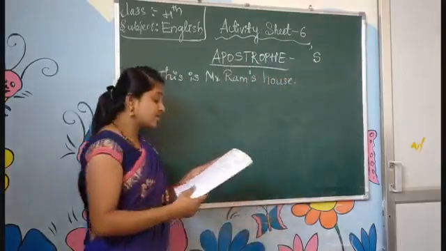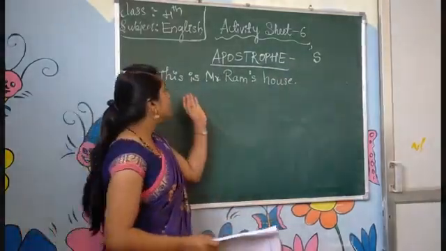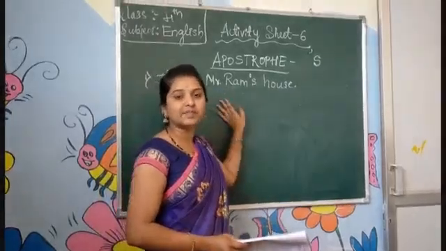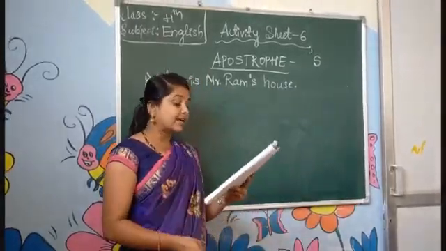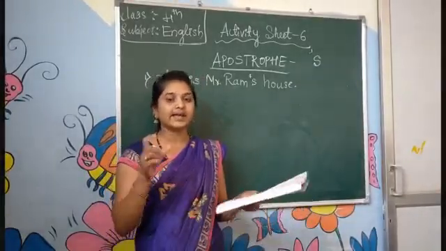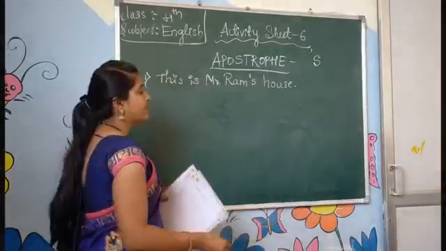Yes. This house belongs to Mr. Ram, instead of saying that, what should we say? This is Mr. Ram's house. ಇದು ಯಾರ house ಇದು? ಇದು Mr. Ram's ಮನೆ. Yes. Next, the second one: the color of the car was red. In this sentence you need to use the apostrophe. The car's color was red.